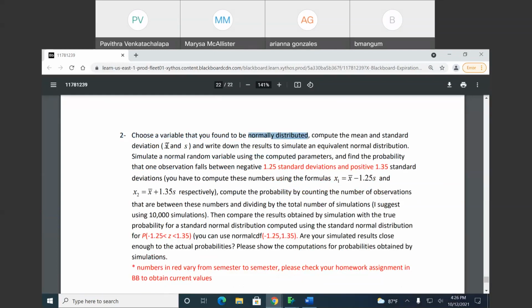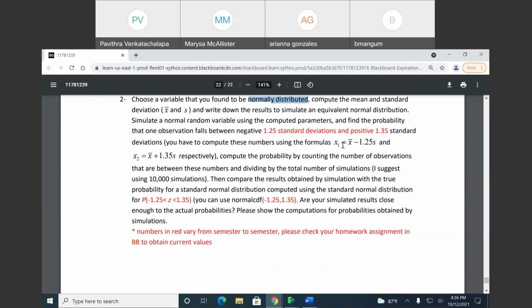So x bar here is the mean, s is denoted as standard deviation. Once we do that, we are supposed to calculate x1 and x2. We need to compute these numbers using the formula, and then we will be finding the probability of those numbers